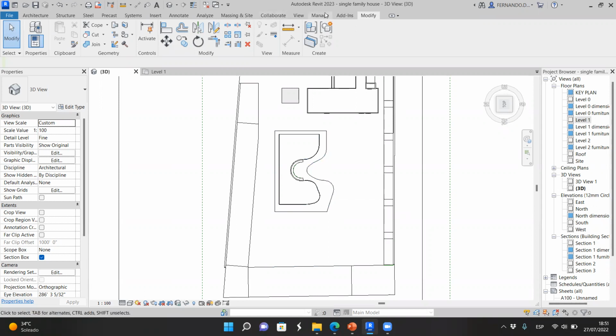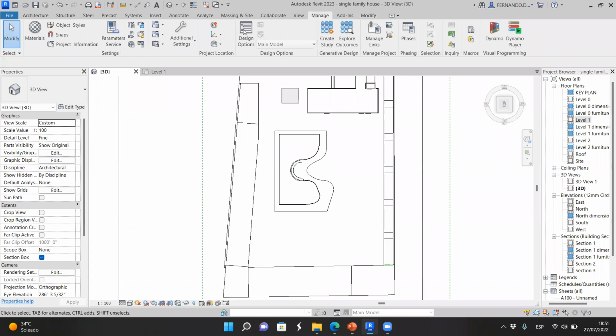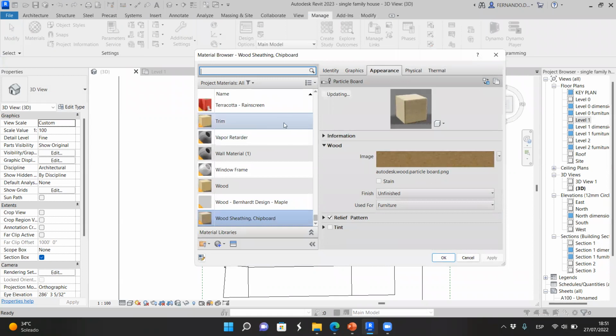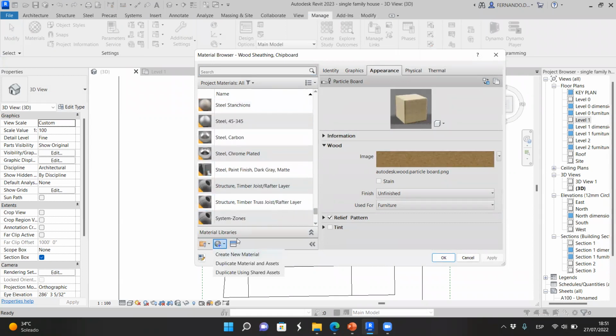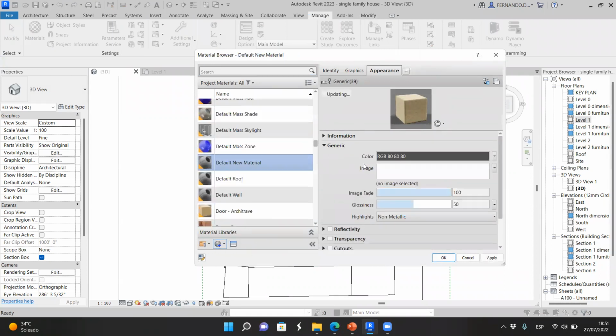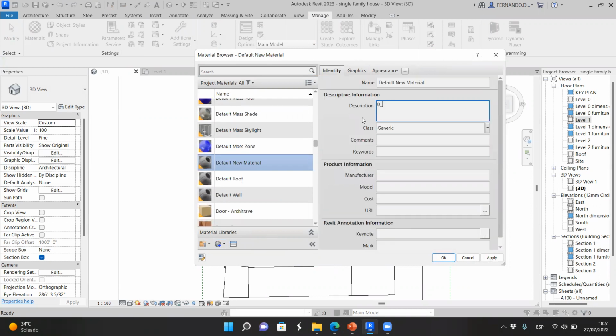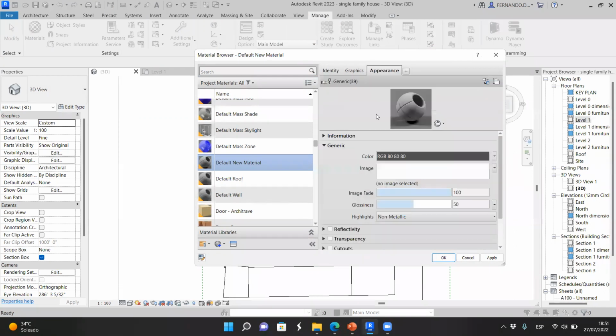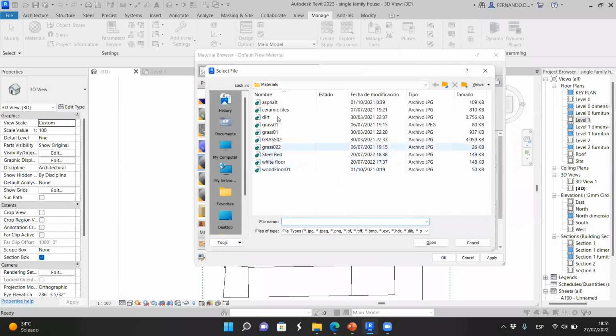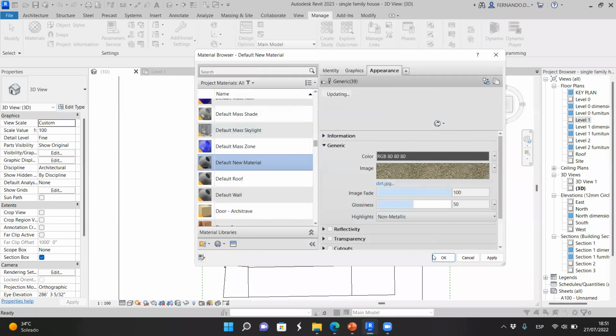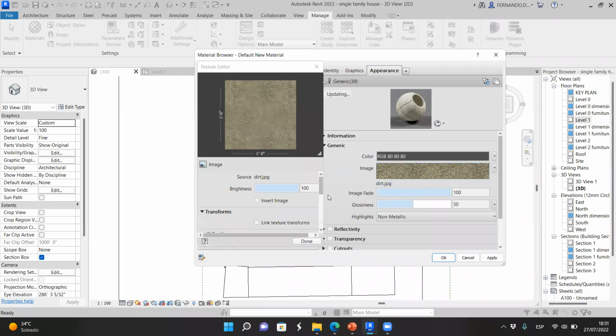So I'm going to manage materials, and I want to create a new one. Then identity, appearance, image. I have dirt here. Then